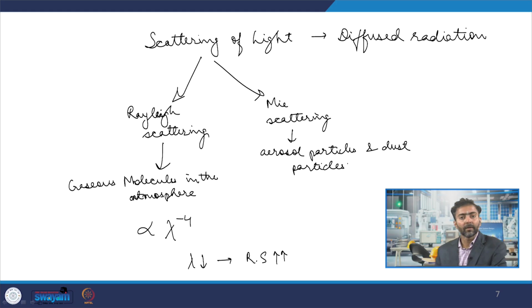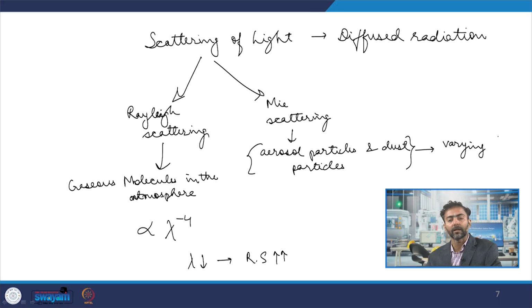As you can probably appreciate, these aerosol particles and dust particles are a varying phenomenon. At different times of the day, in the different seasons of the year, the extent of aerosol and dust particles in the atmosphere would vary. So, this is a varying or fluctuating thing,